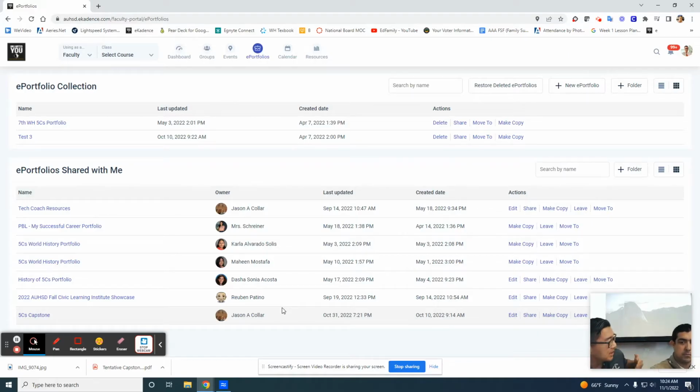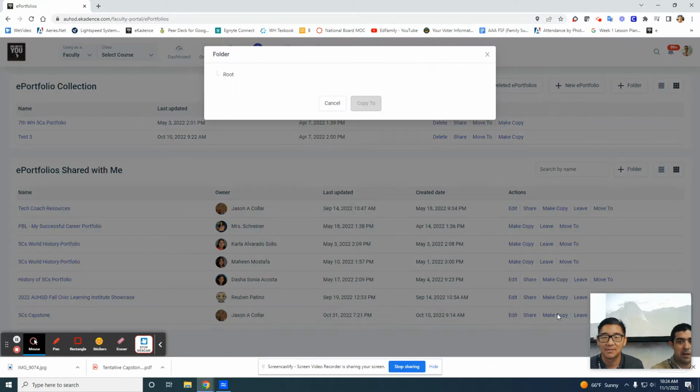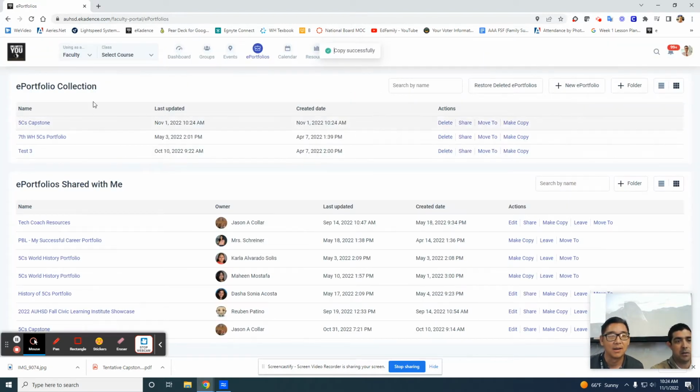All right, Mr. Collard, what's the next step? So the next step is, in order to create your own or make a copy of this, you're going to click Make a Copy. Click on where it says Make a Copy, and then you must click Root, then Copy To. I saw that when you were clicking root, the button is not clear. You have to really get in close to that. Yes. So first click root, so it turns blue, and then the Copy To will turn blue, and click on that. And now you'll see in your ePortfolio collection, you have your very own 5 C's Capstone ePortfolio